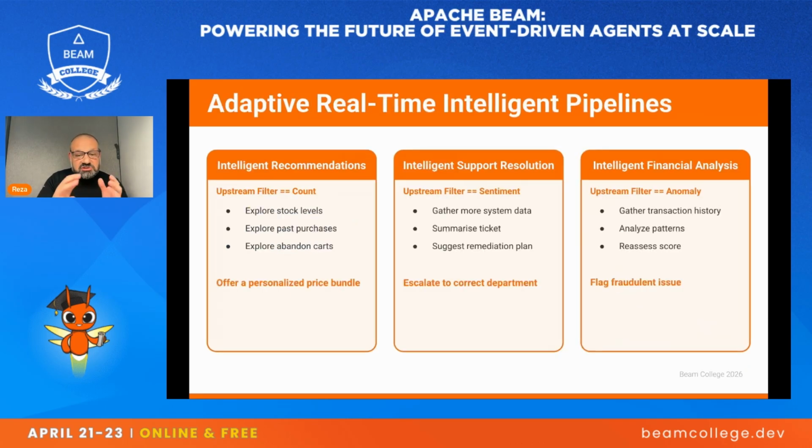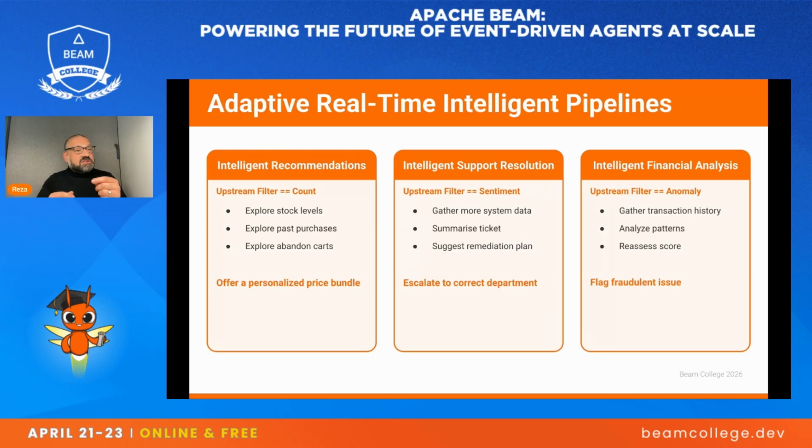To illustrate some of this, I got some examples. For example, imagine an agent that is enhancing your recommendation system. So let's imagine there's a pipeline that, as you give recommendations to people on what they should purchase, processes that data and sends it on downstream for future use. But it notices that Reza has rejected 10 things or 20 things, or the number is arbitrary, but Reza has rejected the last 10 recommendations.